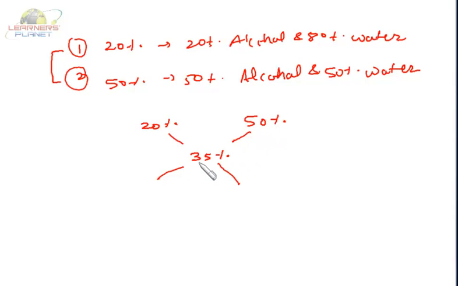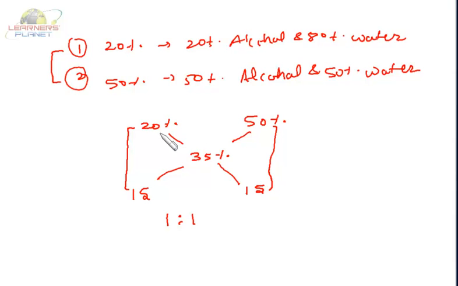Now we just have to see the deviation of this from this. It's 15. Definitely it's a mean value. It is a smaller, it's a larger, and it's a mean value. So it's greater than this value and less than this value, so we have to find out the difference. So 35 minus 20, here it is 15 once again. So this portion and this portion, that is 20% alcohol and 50% alcohol, both of them should be mixed in equal